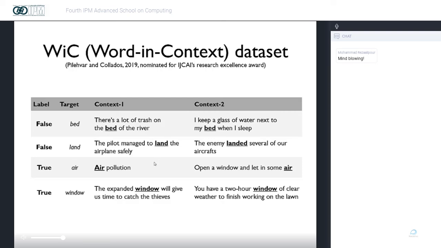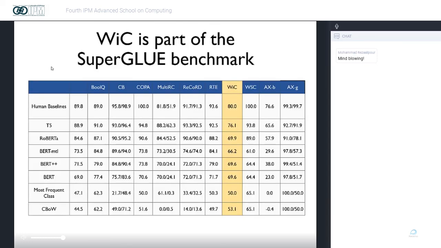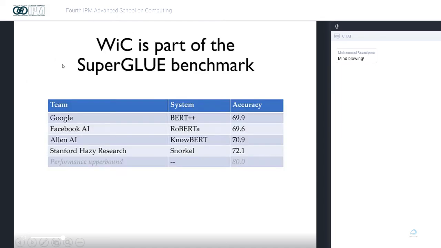It's a simple task for us humans, but a difficult task for computers to distinguish the different meanings of a word in different contexts. The task is a part of the SuperGLUE benchmark, which, as I said earlier, is one of the standard benchmarks nowadays to evaluate different natural language processing models. And there are a lot of evaluations going on this task. There are, in fact, a lot of good models, like recent research from Facebook, Allen AI, Stanford or Google, that perform pretty nicely on the dataset and get close to the human performance, which is